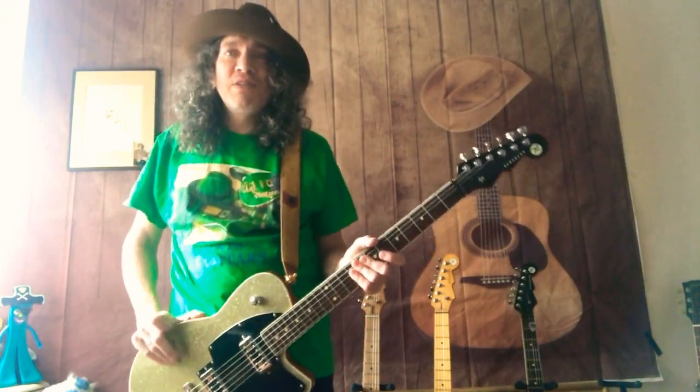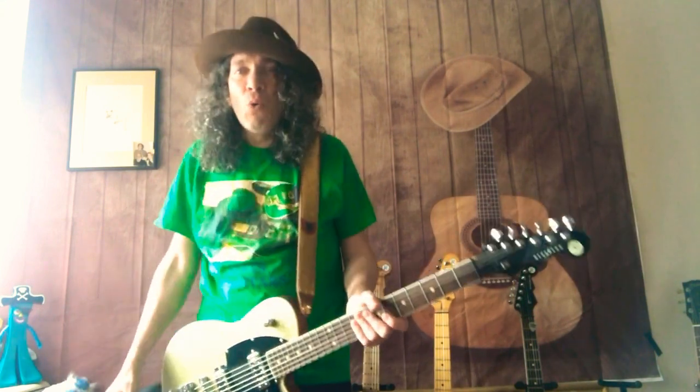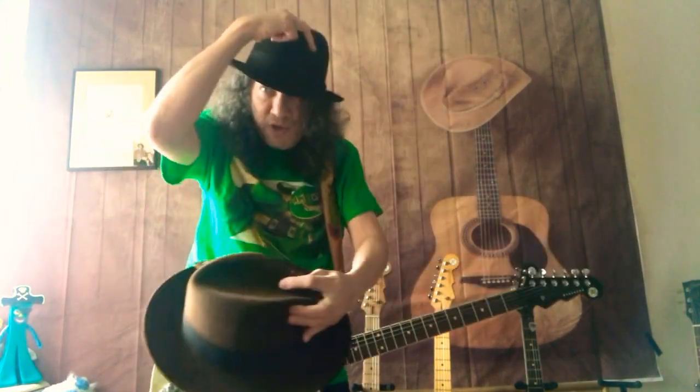Okay, on that note, let's get off the tangent and get back to brim size. Brim size is not going to be one size for you. It's going to be what brim size gives me what look. Do I want the short brim Sinatra look, the kind of short brim over one eye,